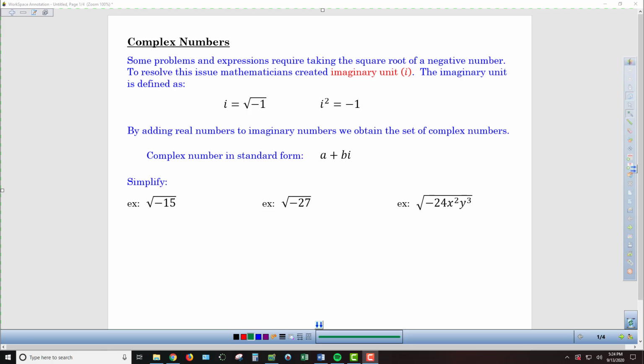The challenge of square roots of negative numbers was a vexing one for mathematicians for a long time. It just did not seem right that that should be a showstopper. And so what that led to was the creation of the imaginary unit i. So lowercase i is going to be used to represent that for us. And so i is defined as being the square root of negative 1, which then means if I square it,